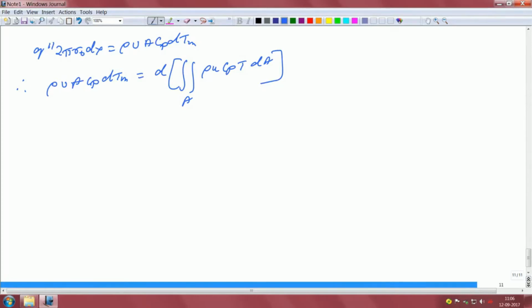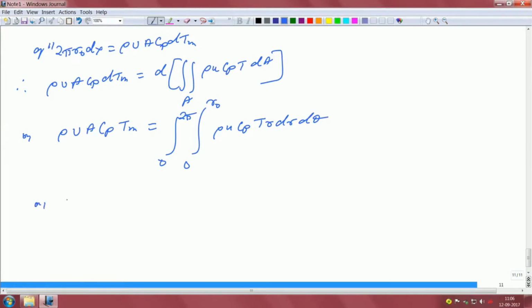So we have to integrate over the two variables: rho u Cp T r dr d theta. This is the area, so it will be um pi r naught squared into Tm, equal to